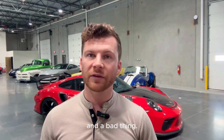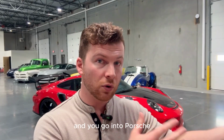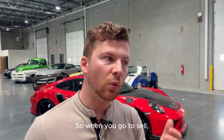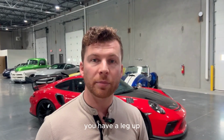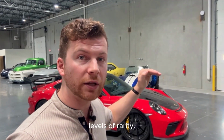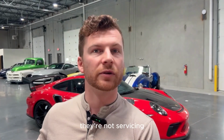So that's a good and a bad thing. It's good because as long as you maintain the vehicle and you go into Porsche to get your maintenance done, or a Porsche certified mechanic, that history is going to be logged. So when you go to sell, you have a leg up because you bought the correct spec. It's rare. There's multiple levels of rarity. People are helping your market value increase because they're crashing them, they're totaling them, they're not servicing them at Porsche,